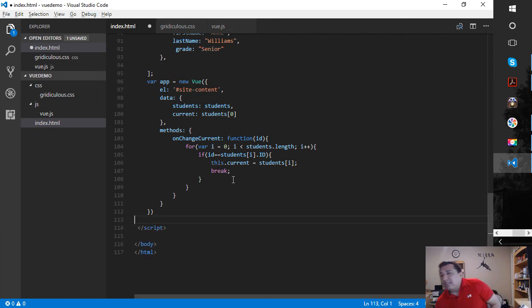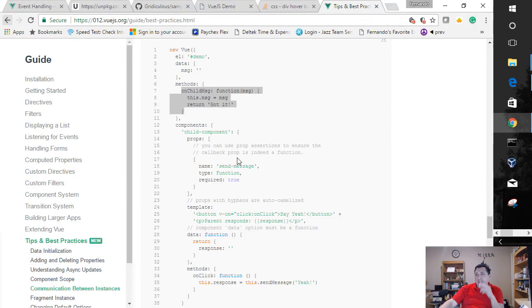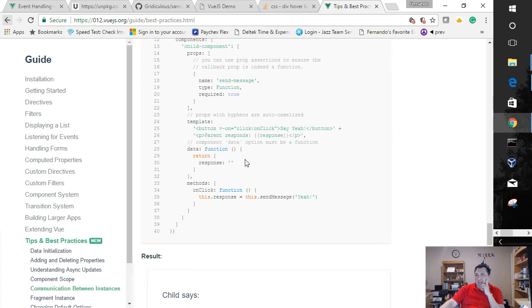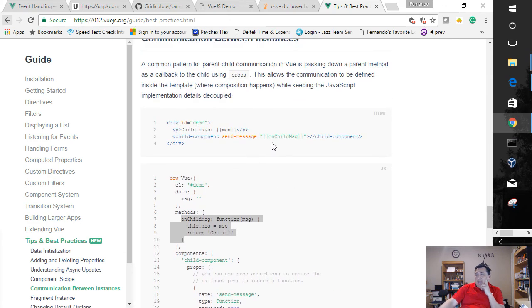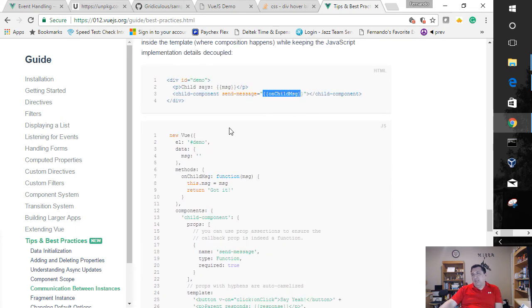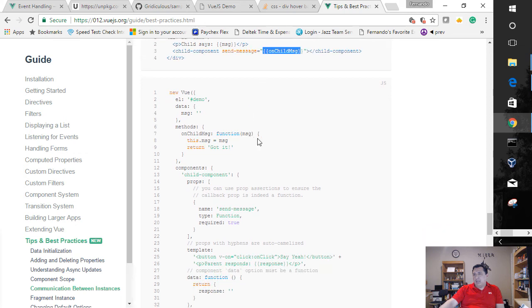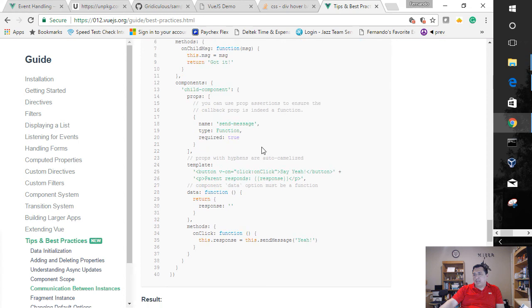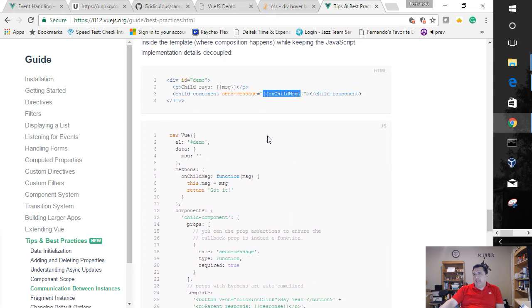But now the question is, how do I take that current? How do I take and bind that current? So how do they bind that? Do they even show that? Oh, they do. So it says on child message. So you can see where it does that. Child, ooh, that says child component. Why does it have to have a component? So why does it need that? I don't need the component. So I just need to have